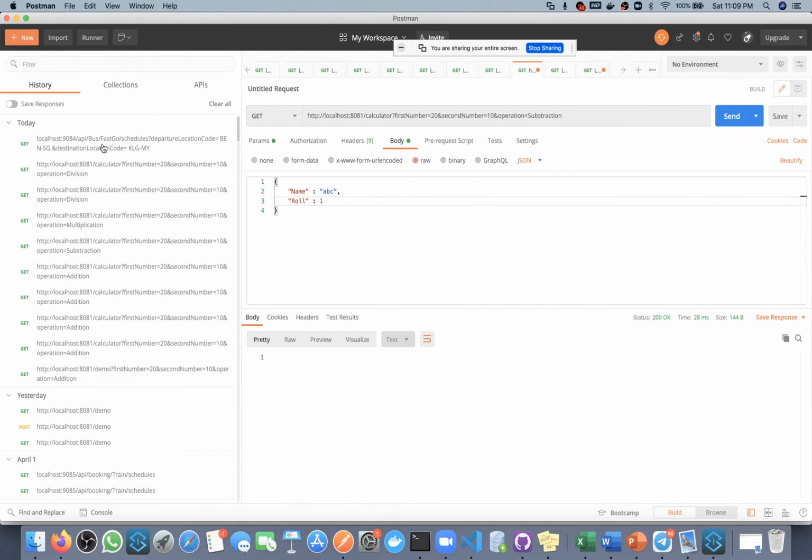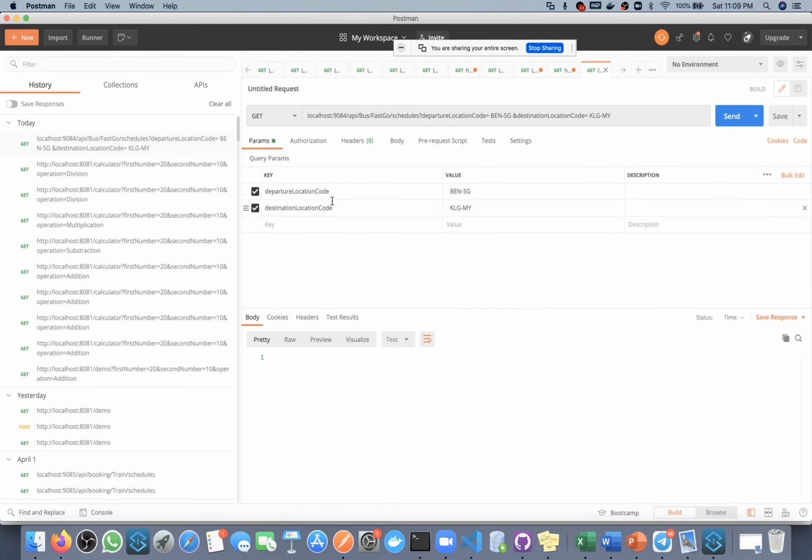Here also we can see, we don't need to open that application. In the last session we passed first number and second number inside the query parameter only, but that should not be. This first number and second number should be part of our URI parameter, and only one filter condition we have, that is operation.